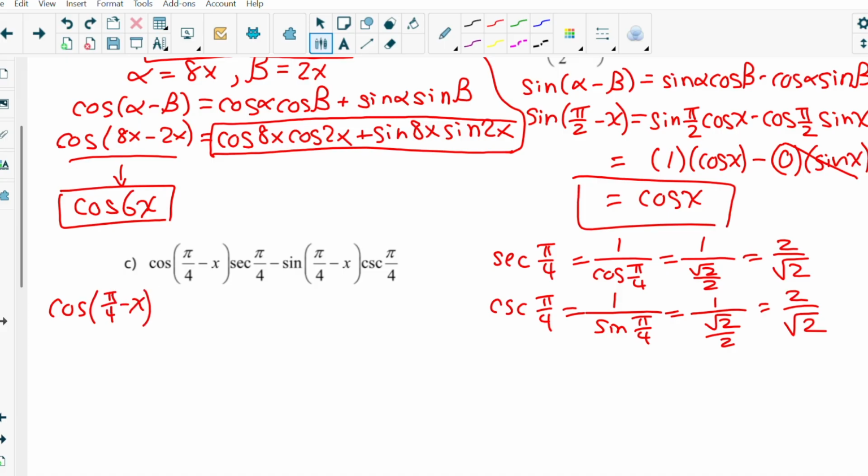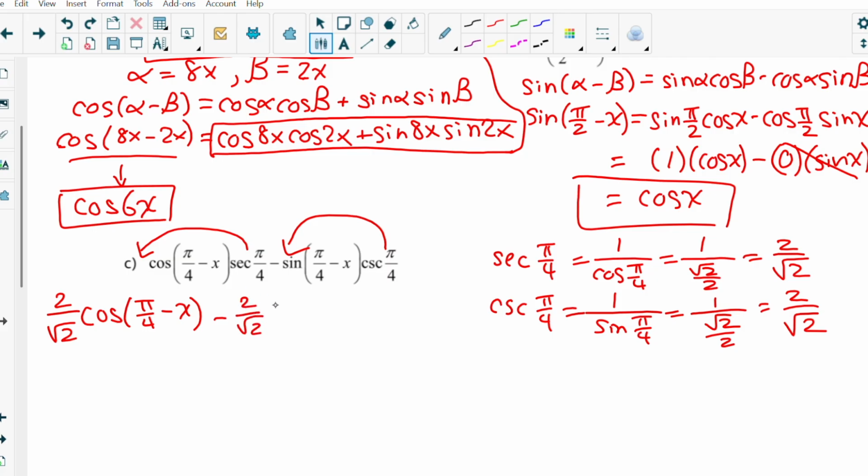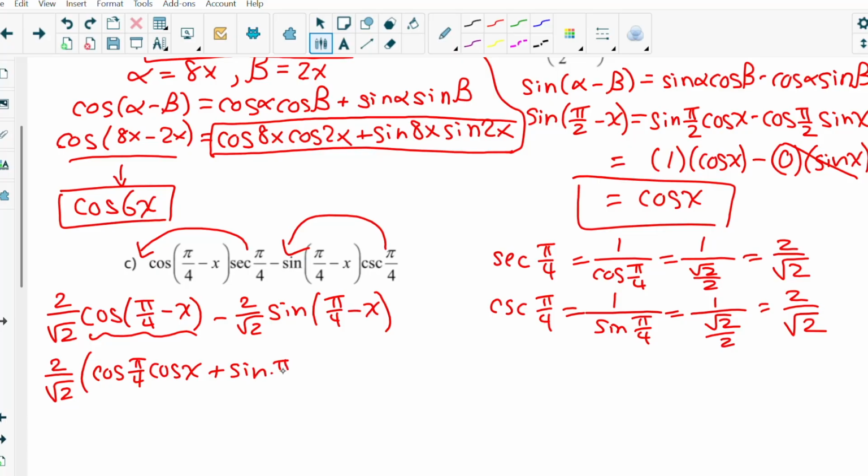Cosine of pi over 4 minus x times, let me do this so it's not confusing. I'm going to put this out in front. So that's 2 over square root of 2 cosine of pi over 4 minus x, minus, let's put this out in front, 2 over square root of 2 sine of pi over 4 minus x. This one, cosine difference identity, so that's 2 over square root of 2 times cosine of pi over 4 cosine of x plus sine of pi over 4 sine of x,